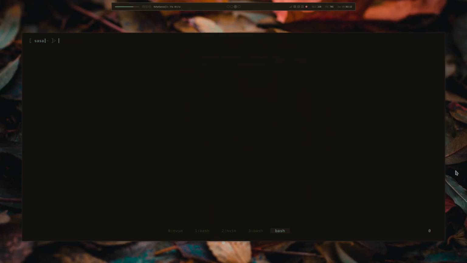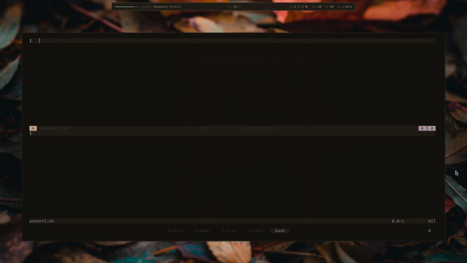Okay, so first let's actually create parent scripts. So neovim, and both of them, for this demonstration, will look exactly the same, because the only purpose of these files is to have different names. They will just call the child script. Real work would be done within our child script, to find out which one of those two parents is calling it. So let's start with